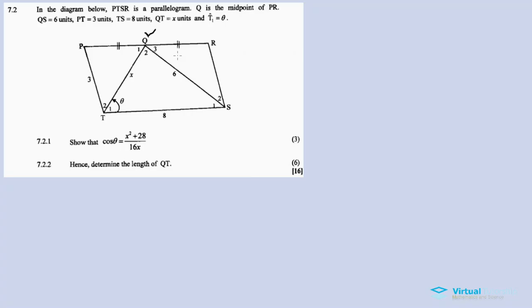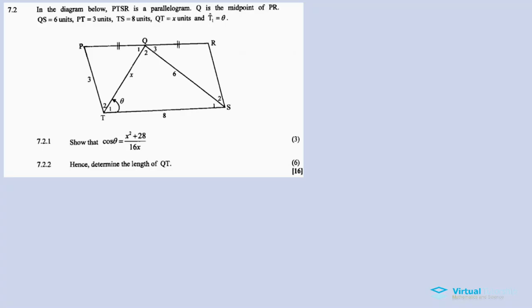7.2.1: show that cos theta is equal to X squared plus 28 divided by 16X. Since we have cos theta equal to something, it means we use the cosine rule. In some cases, if it's sine, we would use the sine rule, but here we will use the cosine rule. Now for 7.2.1 we say,